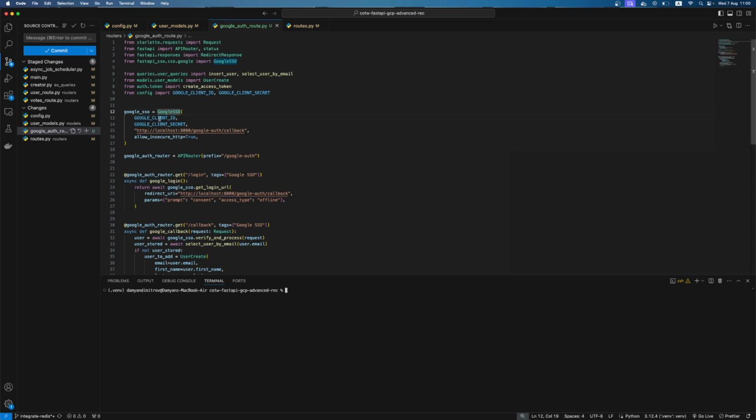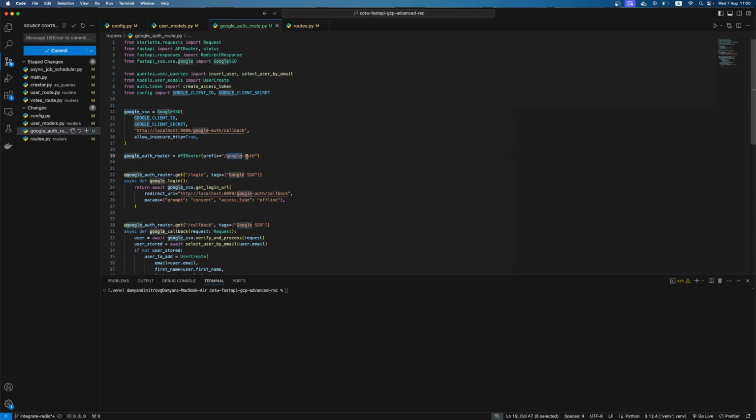I'm giving to this object the client ID, the secret, the redirect URI, and allow insecure HTTP. Since I am on localhost, I am allowing this insecure HTTP. For production, I think we have to change that. I'm creating the router.